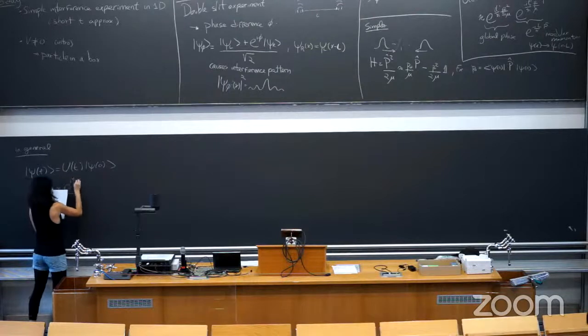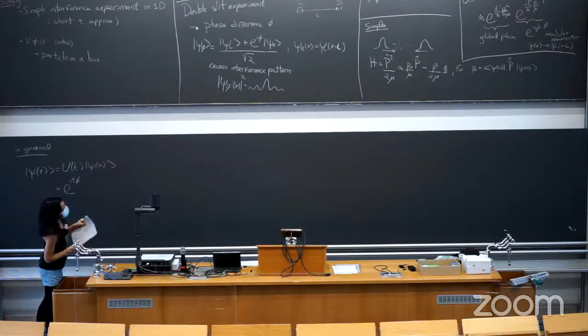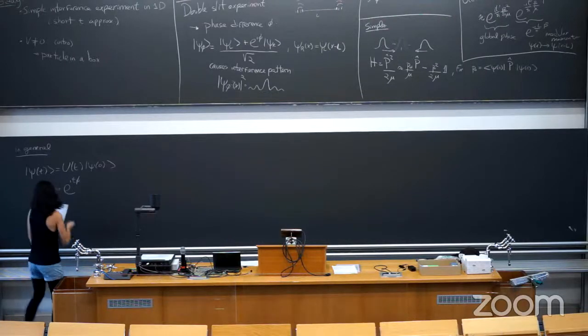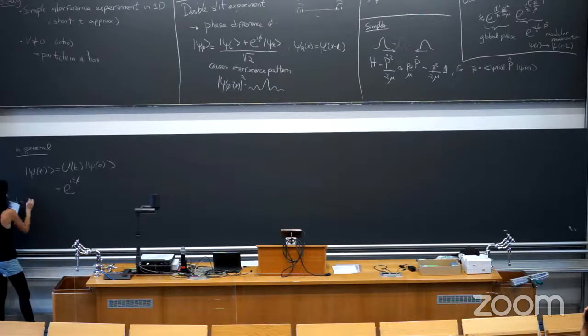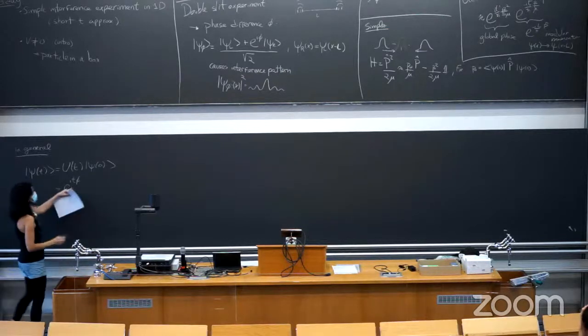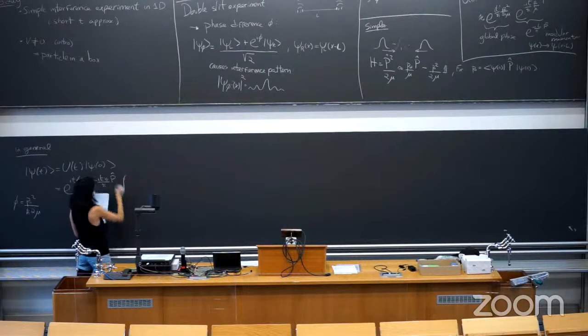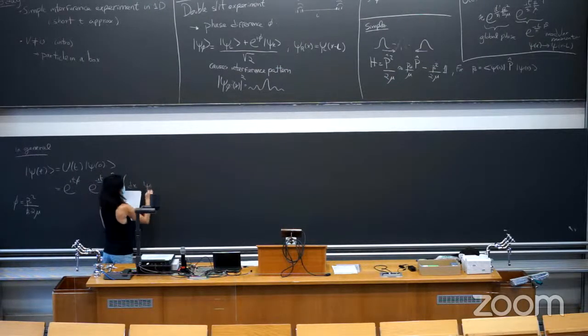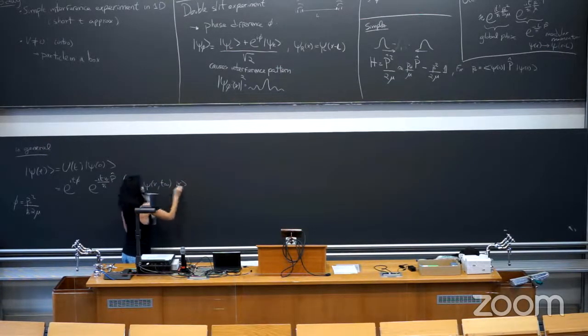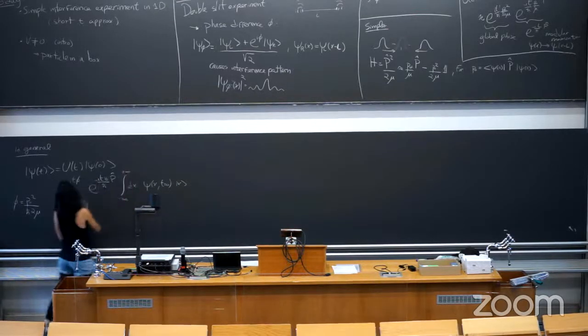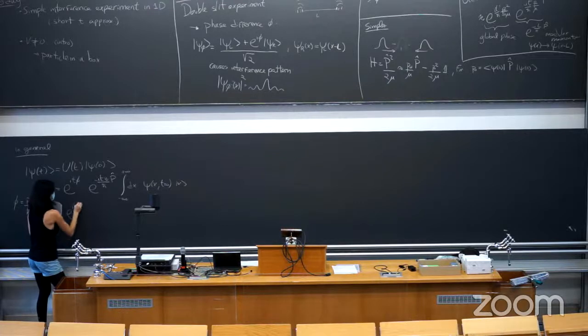did I call it phi? So phi is this phase. This is the first part. And then we have the second part. And we apply this on the state, and we can expand the state in the position basis. So x at time equals 0, x. So e to the i t, check. And then